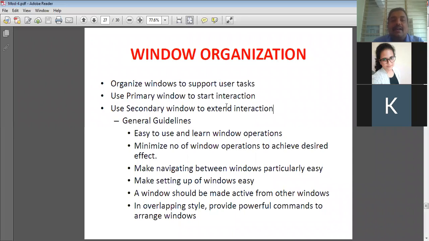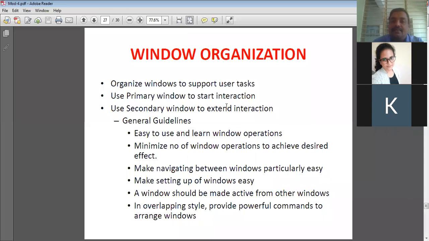Next, come to the general guidelines. So make window operations easy to use and learn. Okay, it should be easy. Any organized window should be easy, and it should be possible to learn the window operations. It should minimize the number of window operations needed to achieve the desired effect.